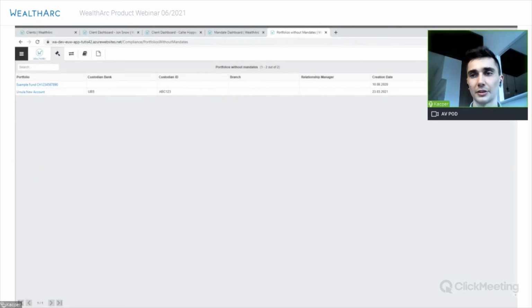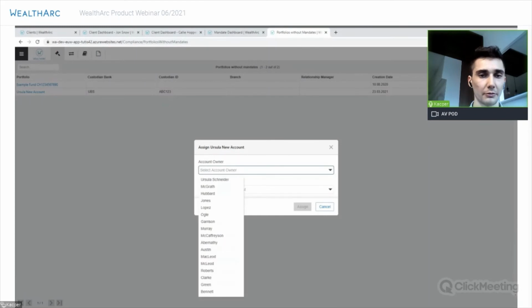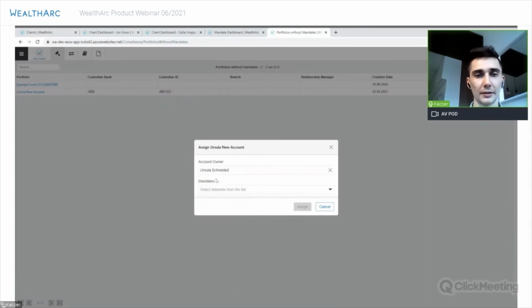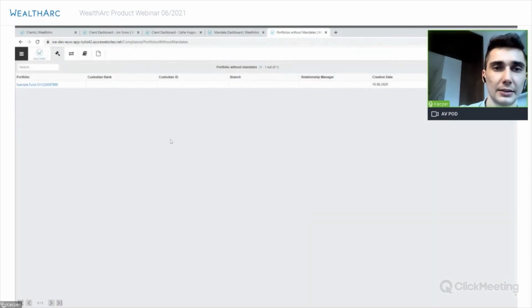I just click here, and then I search for my account owner. In this example, it's Ursula, and then I can assign it to her mandates. She might have more than one mandate, so if there is more, you can just select, and then you can just assign, and the account will disappear from here, and it will already be assigned to that client.